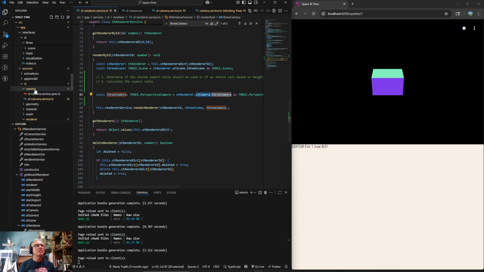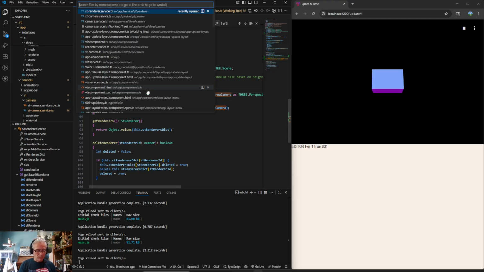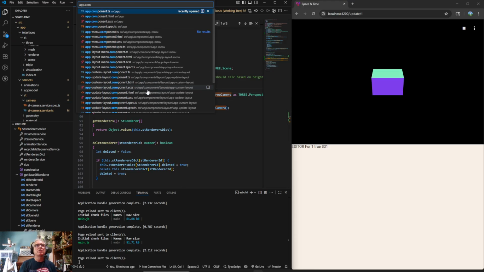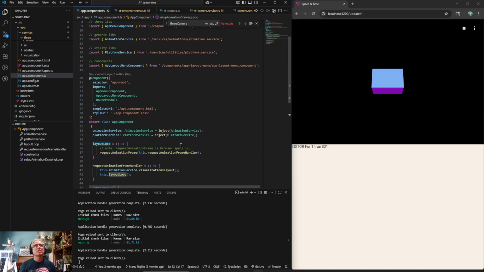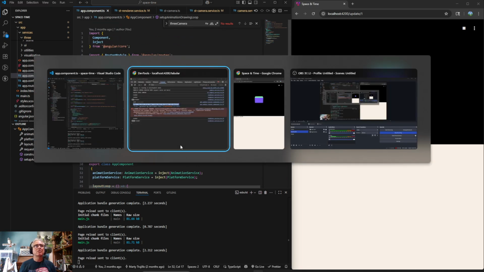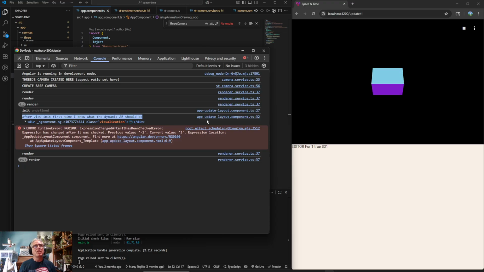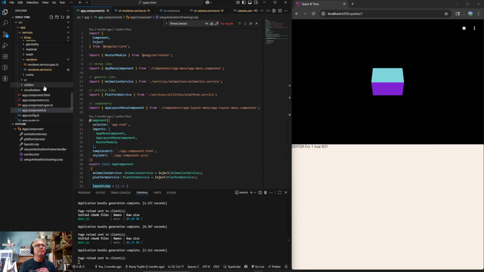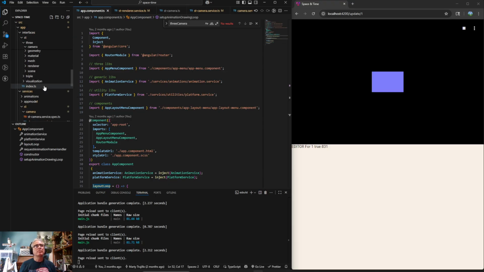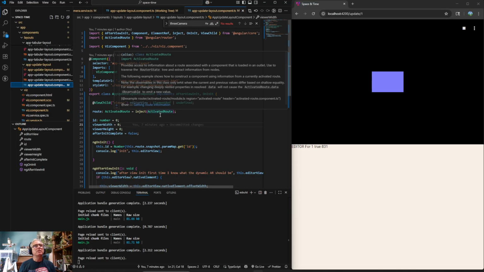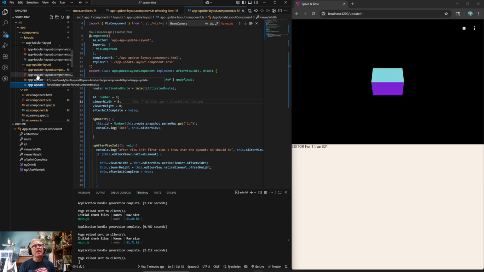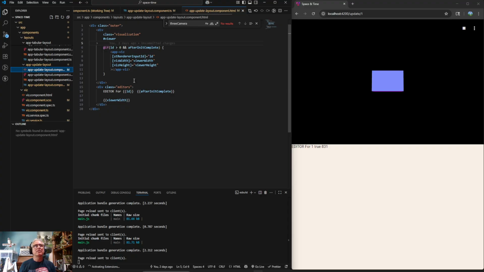Okay. So let's go to app, control P, app.component.ts. No, that's not the right place, I don't think. Lordy, lordy, lordy. Okay, app update layout. There we go. App update layout component. Okay, so this is the first time. So when we look at our thing,